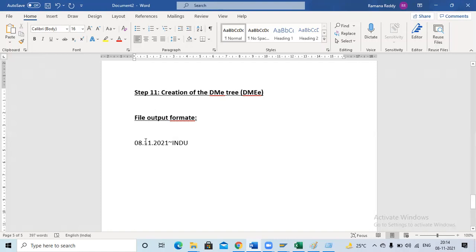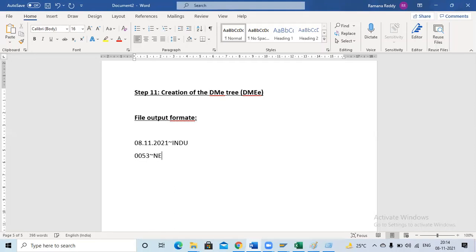Today I'm running the program, so today's date and my company code are included. Along with this data, I'm going to add a few more details. Suppose 53 is a random number.